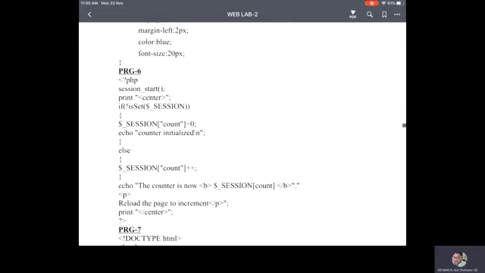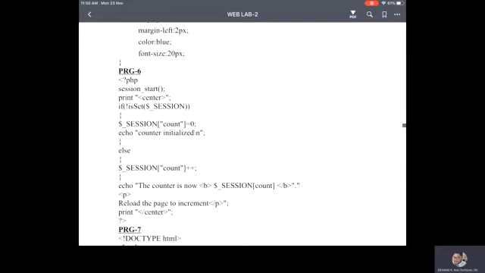I'm calling the PHP function session_start. Then: if not isset $_SESSION['count'], set it equal to 0. I'm telling my server to be ready, because a visitor may come and visit your web page.